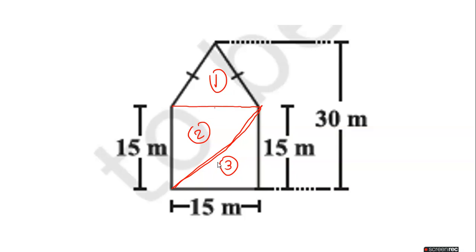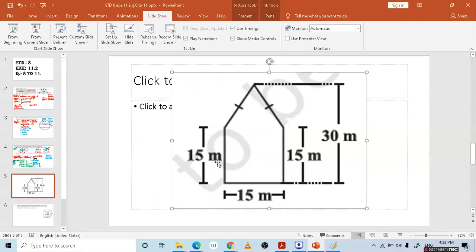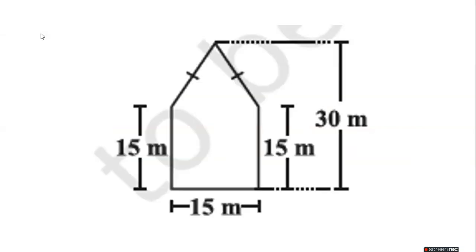Like this, so many things you can think. The more we think about this, the more small pieces we can make, as many as we want. That is very much obvious. Again we can do something. See, there are many methods. This is the last one for you. This also we can do.